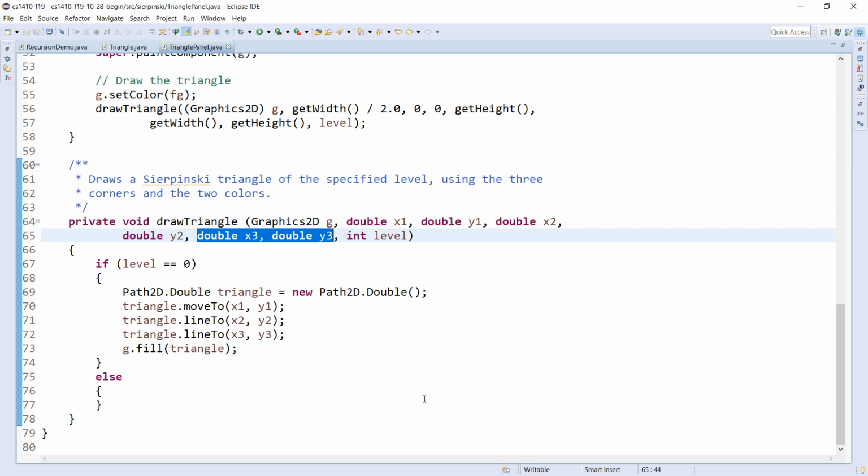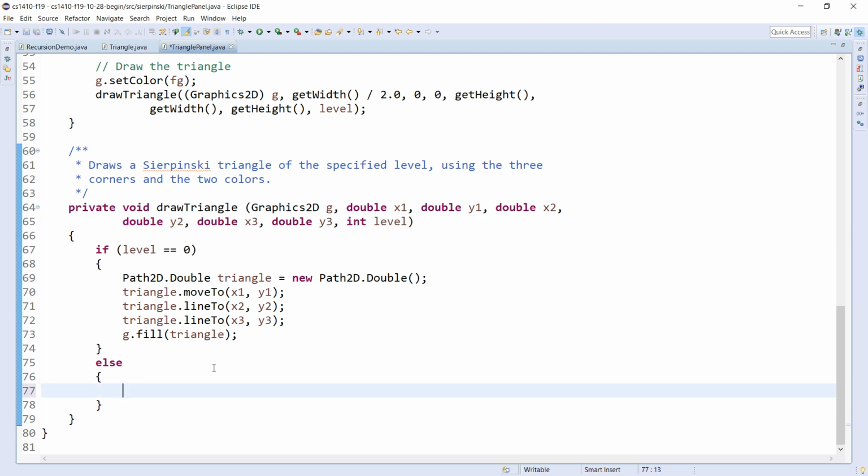Now, all we have to do in the else clause right here is make 3 method calls. We need to call draw triangle 3 times to draw our 3 triangles. So let's see if we can figure out how to draw one. We're going to have to pass the graphics object. That's a given. And we've got these 3 points. x1, y1 is 1 point, and so on. So what would be the coordinates of